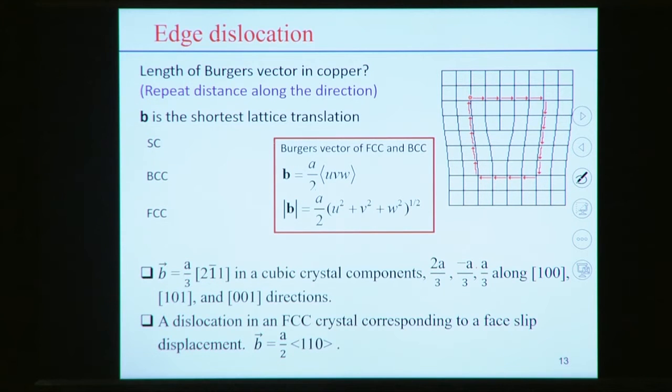Now what may be the length of the Burgers vector? For one specific material, how can we estimate this? The Burgers vector representation is the repeat distance along the direction. Repeat distance is the shortest distance of the atomic arrangement. So in other words, b is the shortest lattice translation. For example,